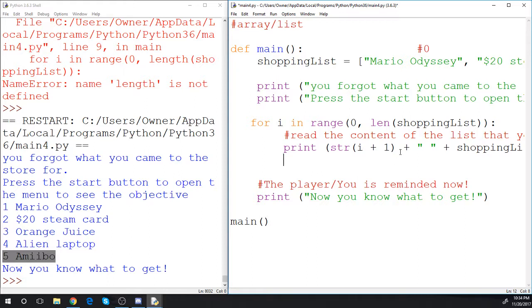So we can go backwards, and that might sound strange, so I'm going to experiment here. I'm just going to do this on the fly. So we got the length here, right? We're going to start from the back to the beginning of the list. So let's move this over here, and then have this down to 0 because that's the first index of the array. We're going to end up with 5 being Mario Odyssey, and then we're going to decrement this way. So if we just run it,